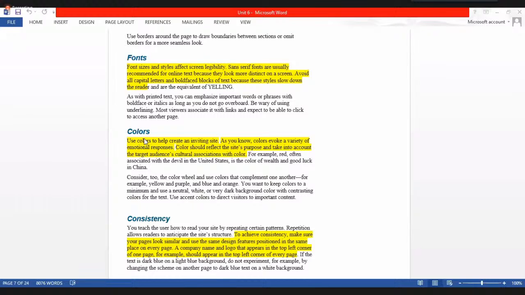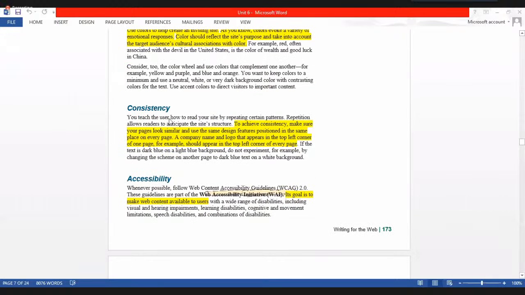Then you should use color. While using color, you have to be careful. Then another is consistency. Consistency in Nepali, what do we say? That is ekurupta, uniformity, consistency. To achieve consistency, make sure your